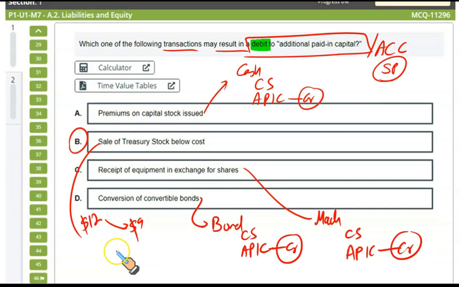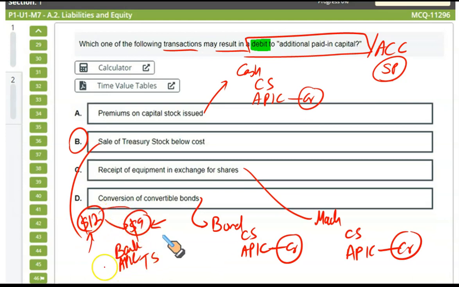In this case, you are going to debit your bank, credit your treasury stock. Any difference between the price you paid versus the price you're getting will be debited to the additional paid in capital. Remember, if you sold a stock for 9, the stock which you bought for 12, your own stock, the difference is debited to additional